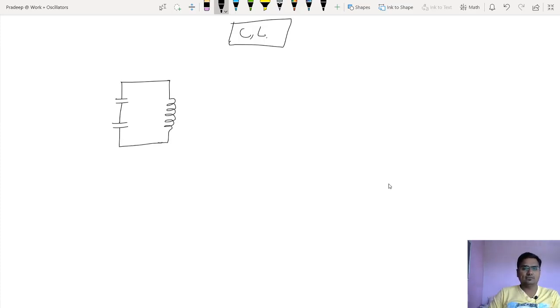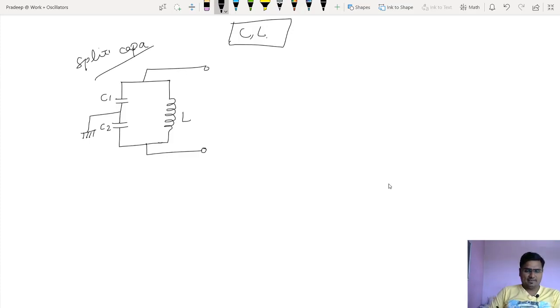Look at this, this is also a tank circuit. Now here, in between the two capacitors, I am connecting ground. I will call this C1, this C2, and this is inductor L. So this tank circuit that I have drawn here is called a split capacitor. See, I am splitting the capacitor: one capacitor split into two parts, C1 and C2. This is what a split capacitor is.